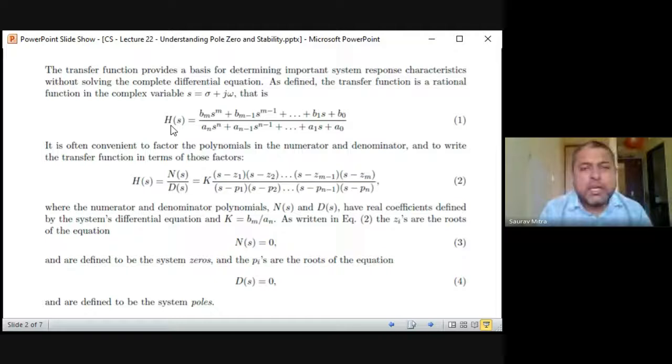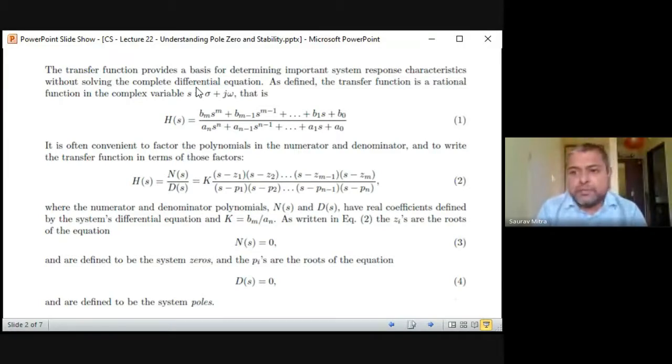So don't confuse. For my notation, when I was teaching, I took H(s) as feedback gain. But in this case they are taking H(s) as the transfer function itself. So we have taken the transfer function as T(s). In the book by M. Gopal they have taken it as G(s). This MIT note is taking it as H(s). So there is no standard symbol for the transfer function. It can be anything. So the transfer function provides a basis for determining important system response characteristics without solving the